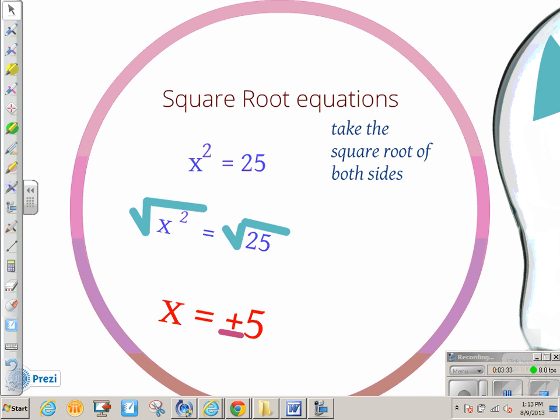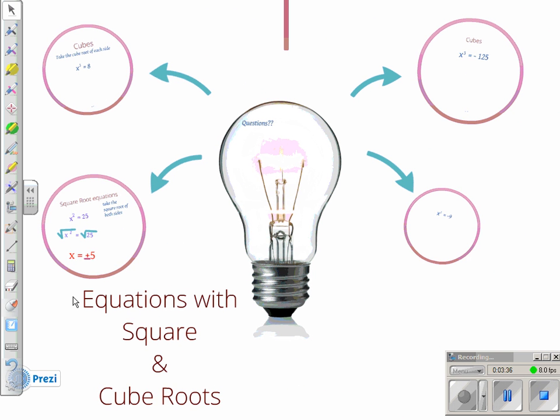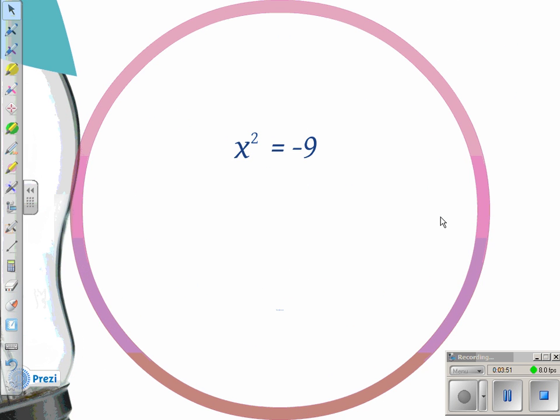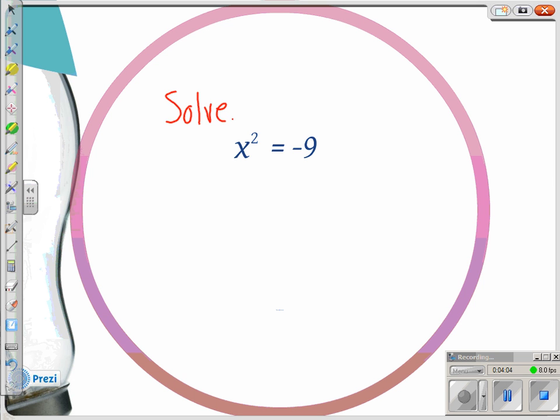I have to wait for this to go away so that I can click on it again. All right, now we're back to our original screen, and our next slide is going to be over here to the right where it says x squared is equal to negative 9. All right, so I know if I want to solve this equation, then I see that it's x squared. To do that, I have to take the square root of both sides of the equation. So we take the square root of x squared, which is always going to be x,